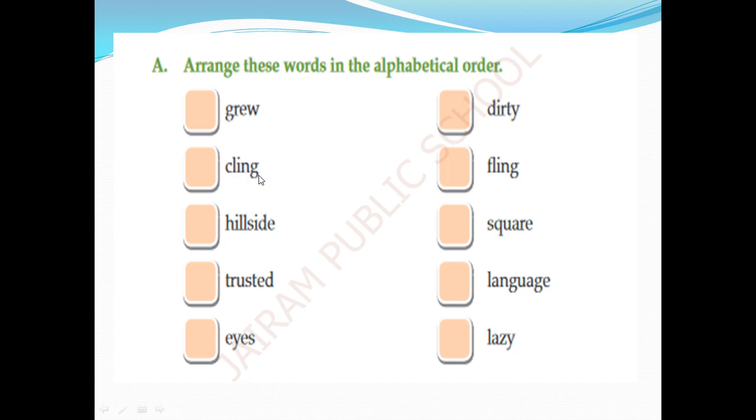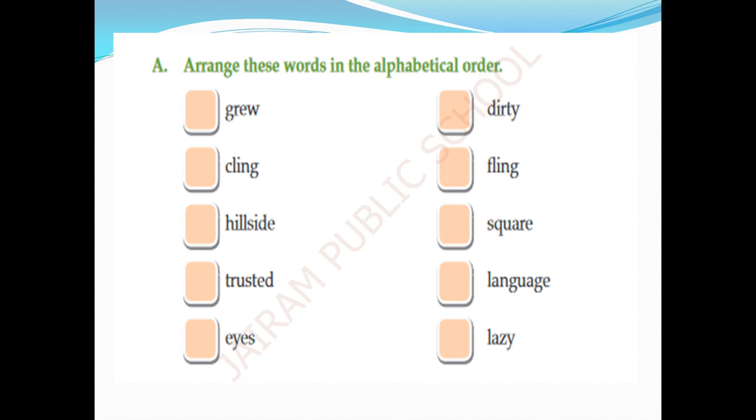When you go for the next word, you cross-check once again whether you have one more C beginning word. No. Then you go for a D beginning word. Yes, we have a D beginning word. So this is the second word in alphabetical order: dirty. When you go for the next word, you check once again whether we have another D beginning word. No. Then you go for E. Yes, we have only one E beginning word. So you directly put number 3 here.